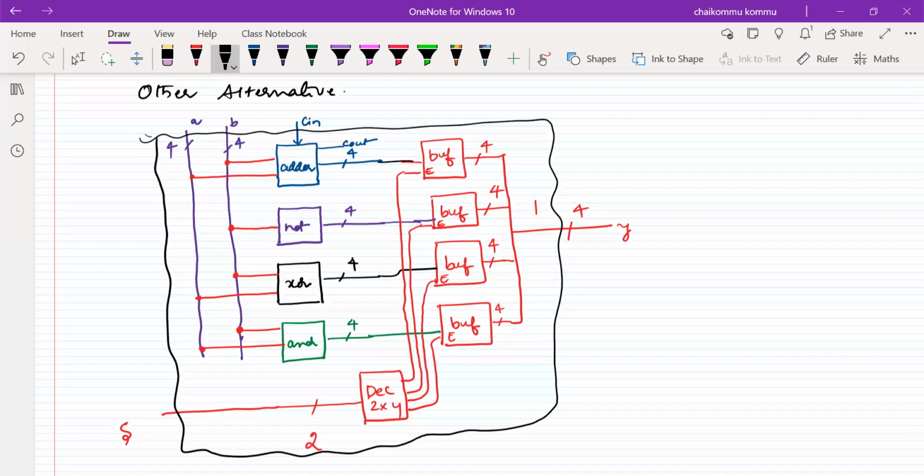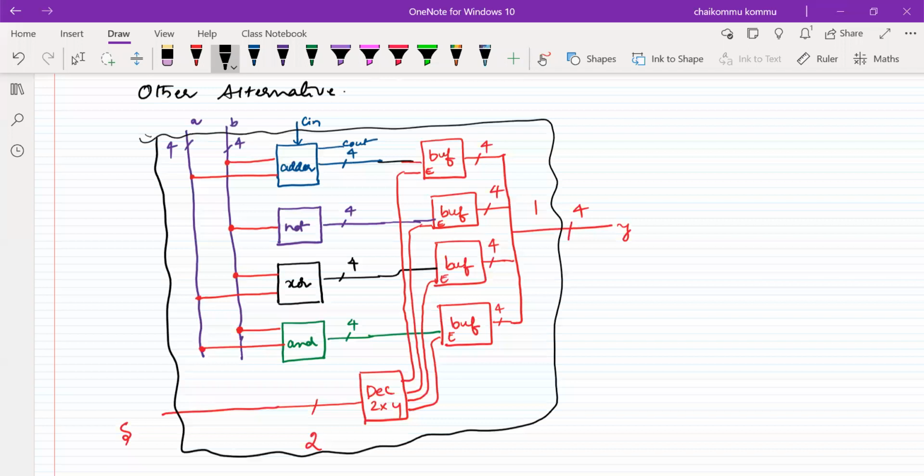No, how is it possible? Decoder size should be 2 by 4. So the decoder should be of size 2. If 2 inputs are there, 4 outputs should be there. If 1 input is there, only 2 outputs it will have. Okay, so 2 power 2 is the output that we produce.